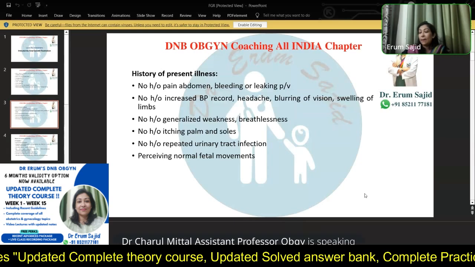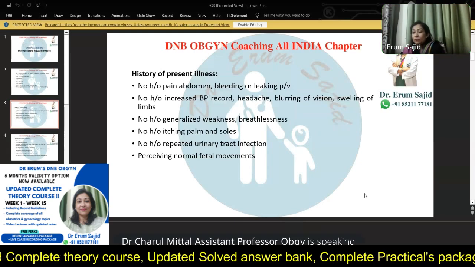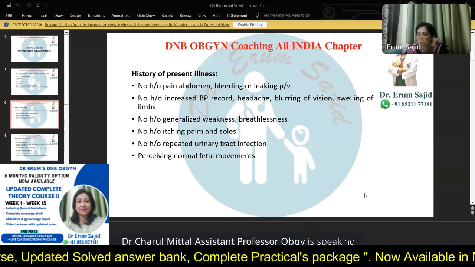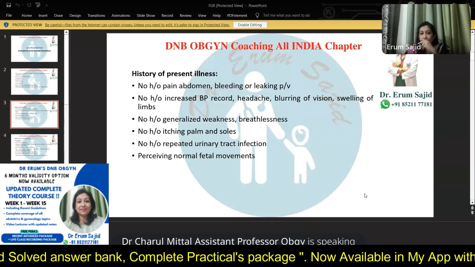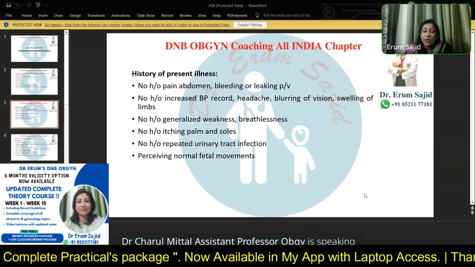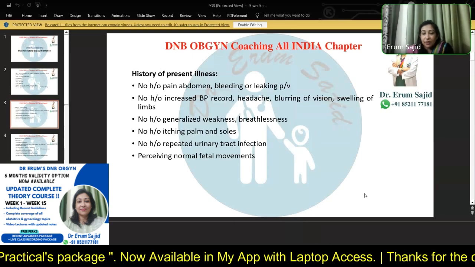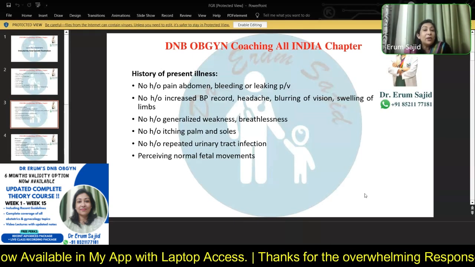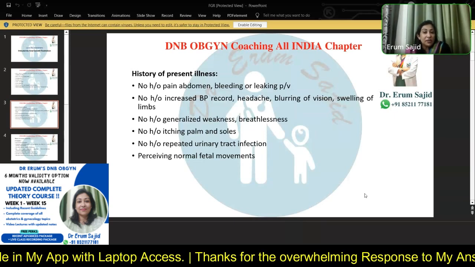Ma'am, fetal growth restriction can be associated with hypertension, with the preeclampsia patient, because of poor placental supply to the fetus. Fetal growth restriction can take place, ma'am. Agreed, okay. Yes, fine. One thing, let me tell you guys, many of you speak about this placental dysfunction in the exam, which